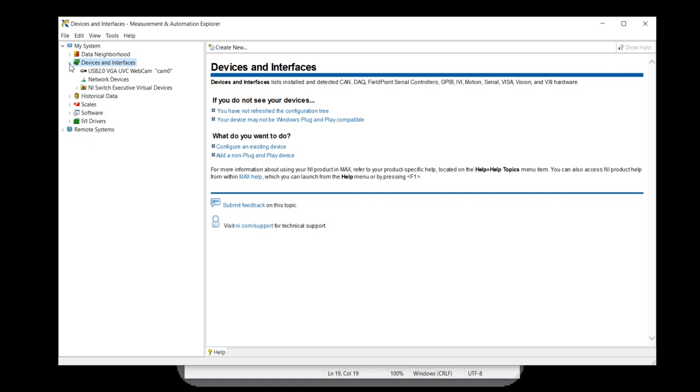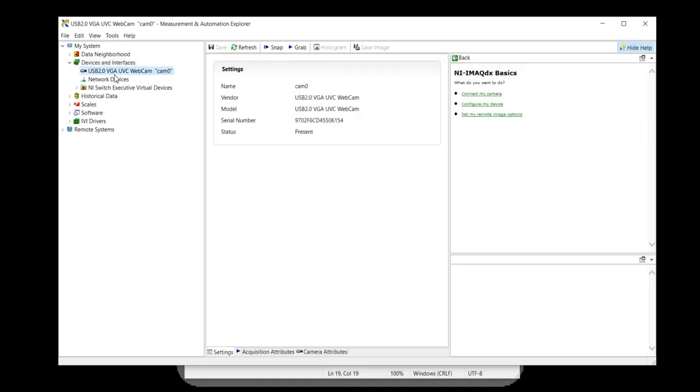I have installed the Vision Development Module and Vision Assistant, which I explained 2 to 3 days back. So this webcam is present in my computer, and that's why I can use the webcam without any problem.